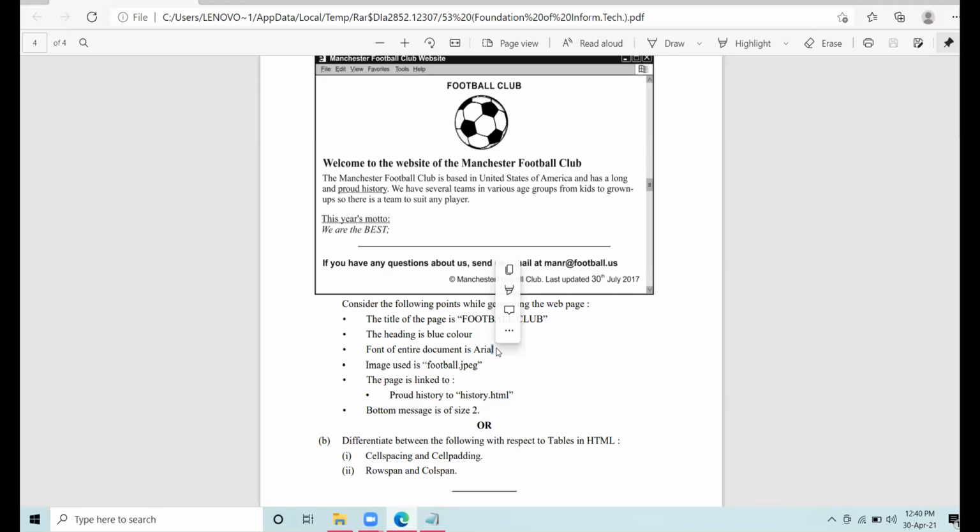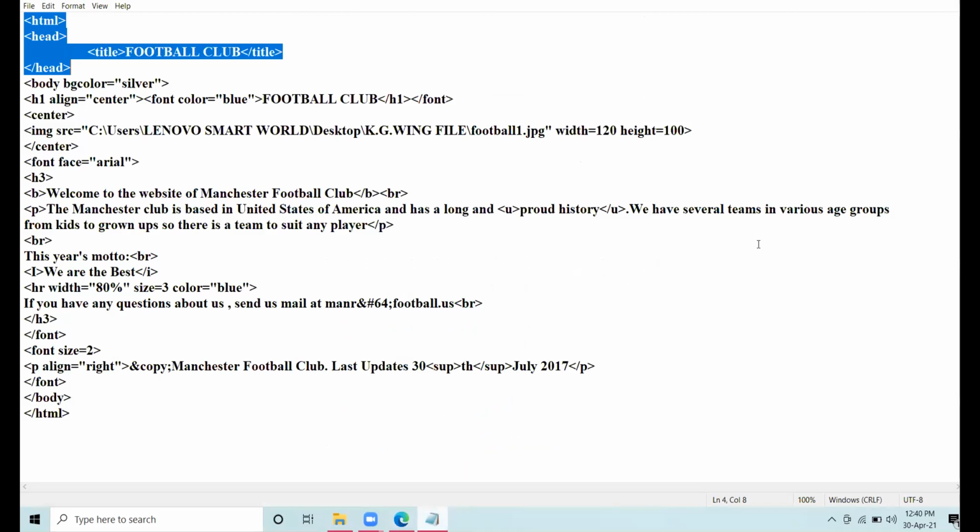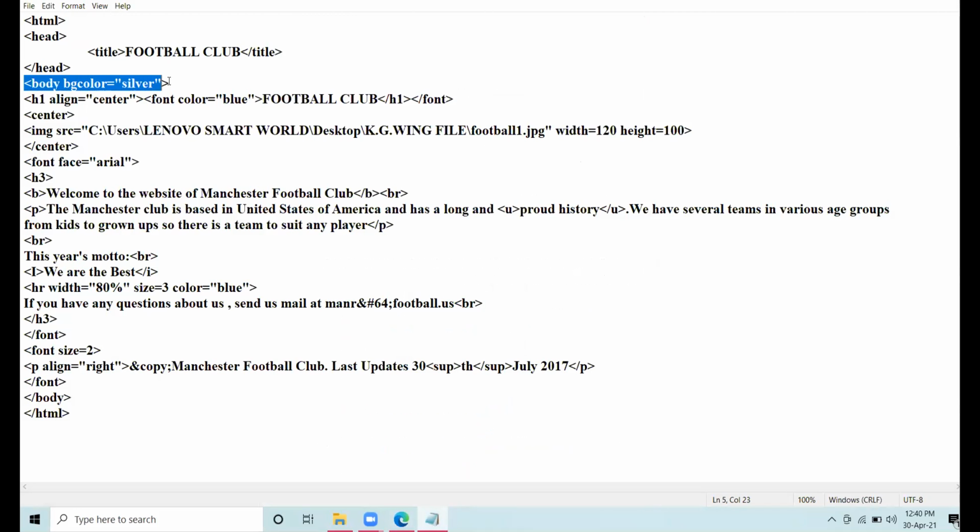Nothing has been given with respect to background color of the body. The question is silent about body background, about what the font size will be, or in which heading element it will be. So a few things you can take from your own. So I am taking the body background color as silver. You can take any background color.